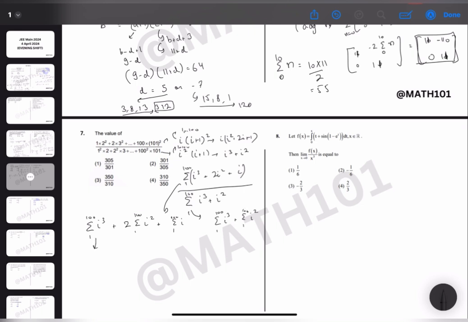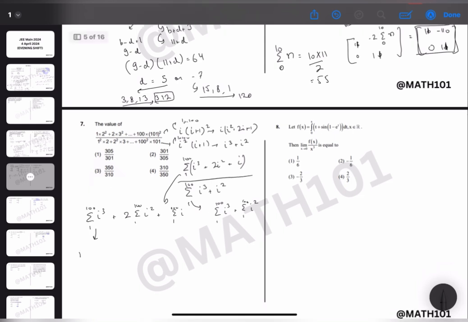So a summation of first n perfect cubes is n square into n plus 1 square by 4, plus this thing is n plus 1 into 2n plus 1 divided by 6. 2 gets cancelled, we are left with the 3 here. This is n plus 1 by 2,